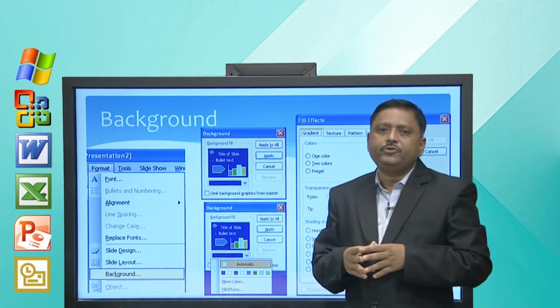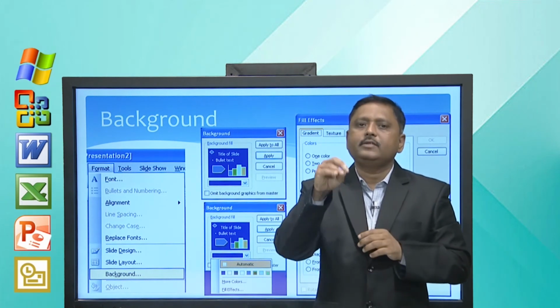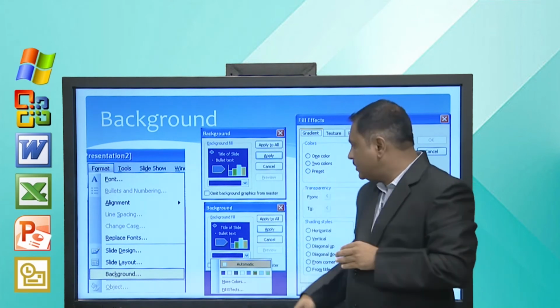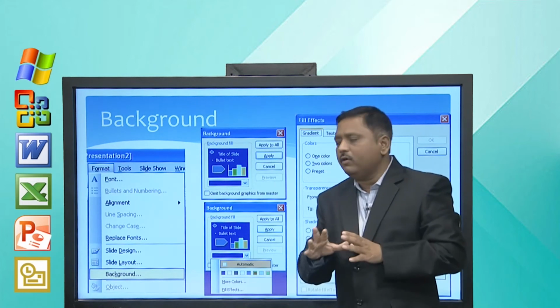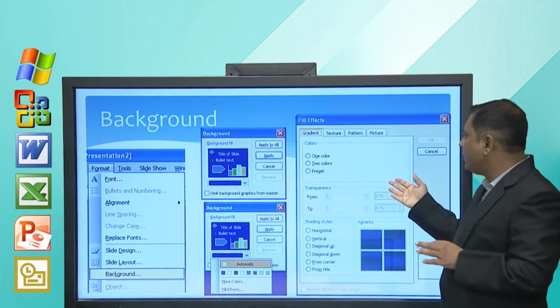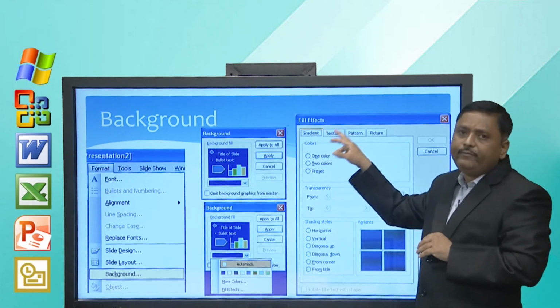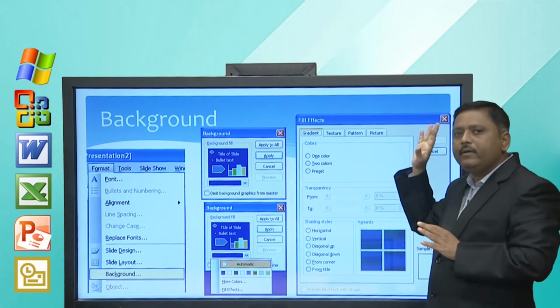More colors will show you a color dialog box where you can select a particular color of your choice, and if you click on this fill effect, the dialog which is shown here will be displayed. Here we have different options like gradient, texture, pattern and picture.